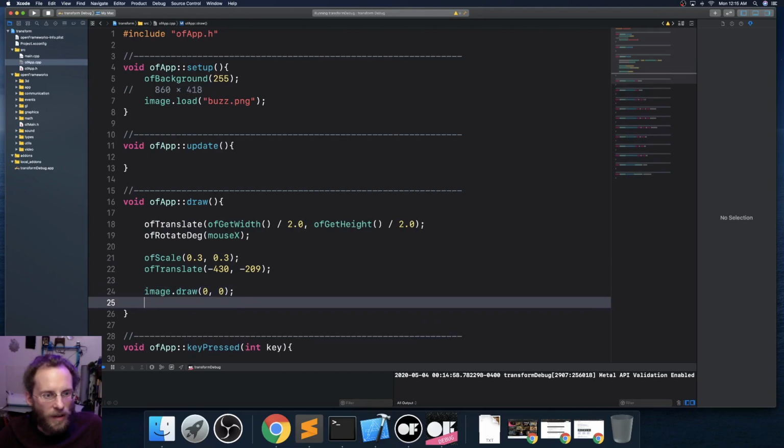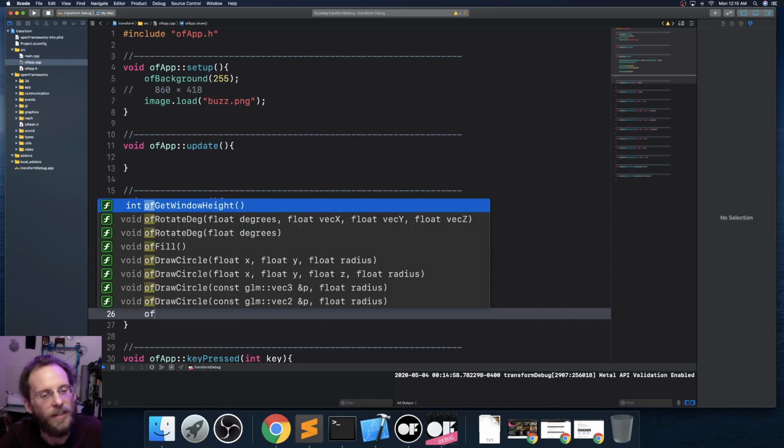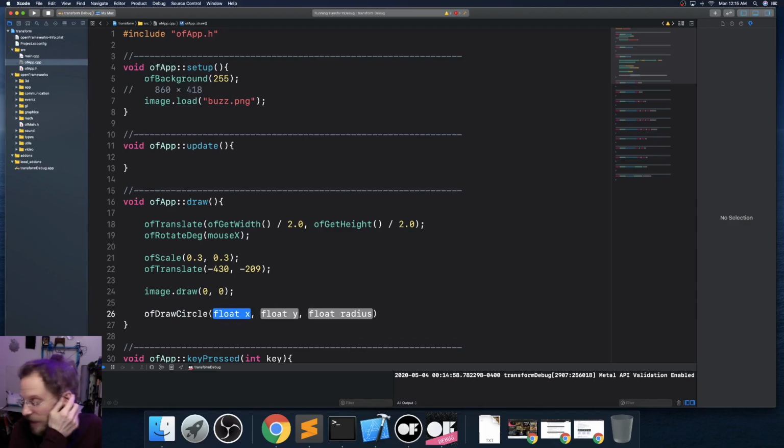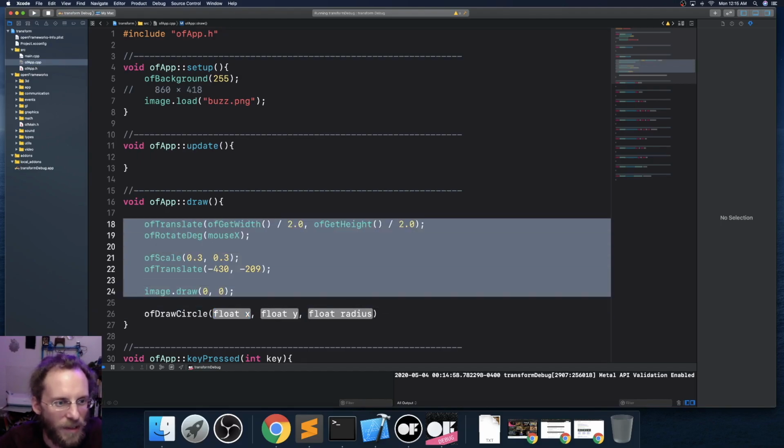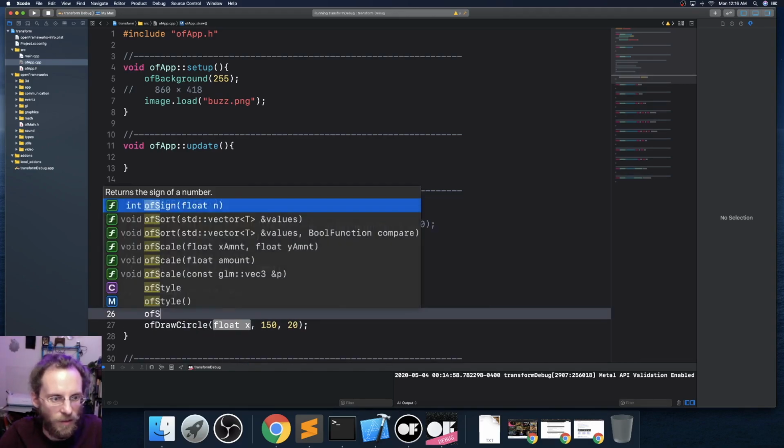How do we draw, let's say I've got another image. Let's say I've got asteroids flying by him or something. I'm going to draw just a gray circle. OF draw circle, and I've got this circle. Can we just animate it going in from the side? Let's see if I can build an animated OF draw circle. The Y position is like a fourth of the way down the screen, something like 150 pixels. Radius is 20. OF set color